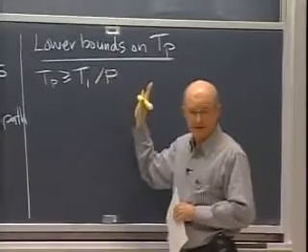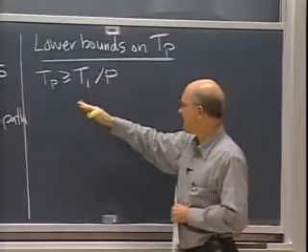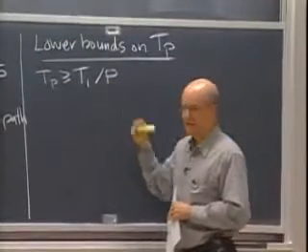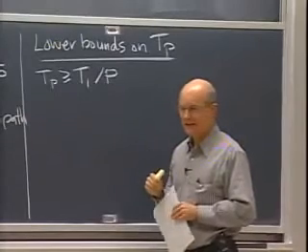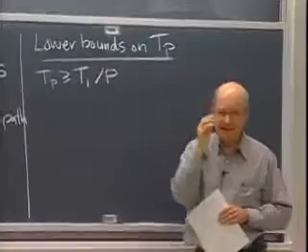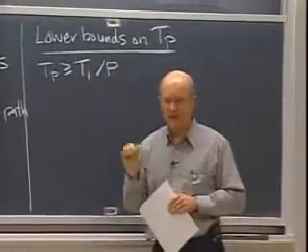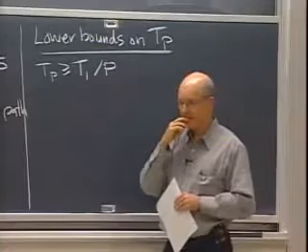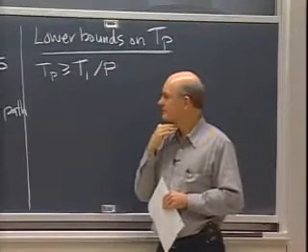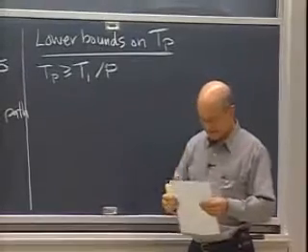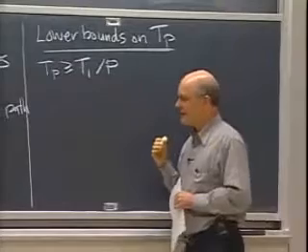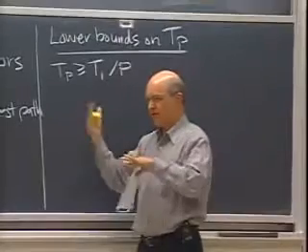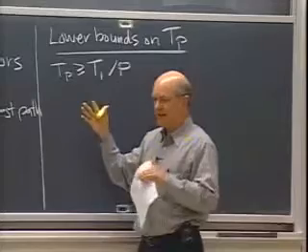If you could use all the processors, why couldn't I use all the processors though and have TP be less than this? Why does it have to be at least as big as T1 over P? Just asking for a little more precision in the answer. You've got exactly the right idea, but need a little more precision if we're going to persuade the rest of the class that this is the lower bound. Yeah. Is that if you serialize it, you will be able to solve the answer using less work than you could? Yeah, that's another way of looking at it. If you were to serialize the computation, whatever things you execute on each step, you do P of them, and so if you serialized it somehow, then it would take you P steps to execute one step of